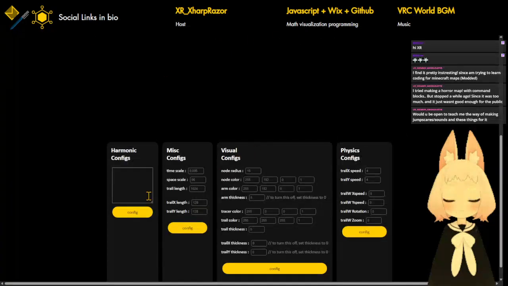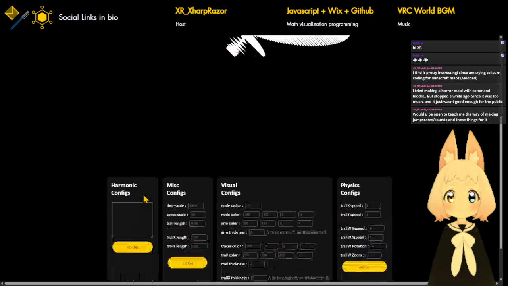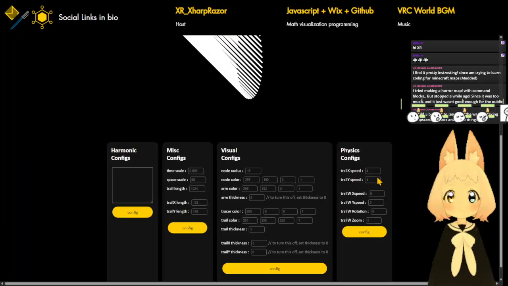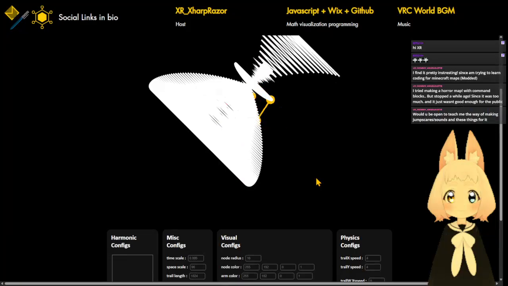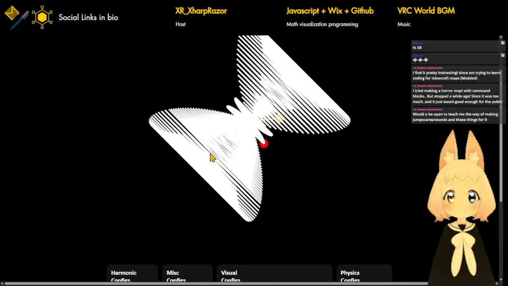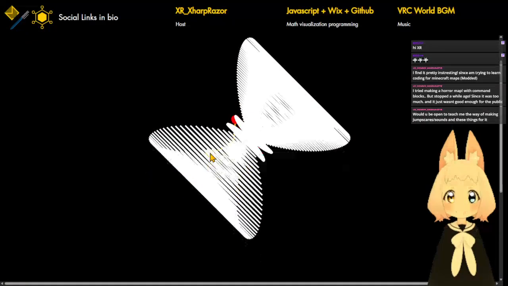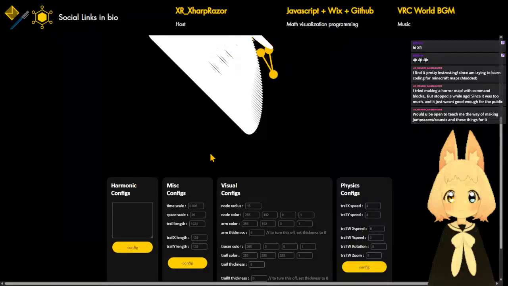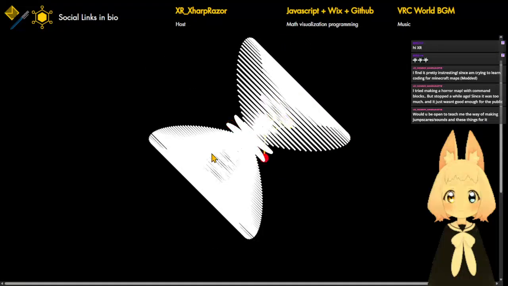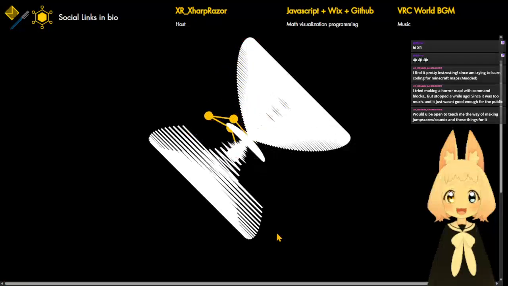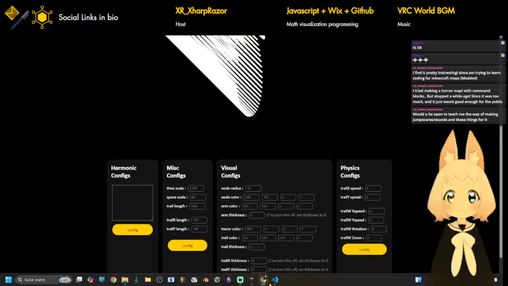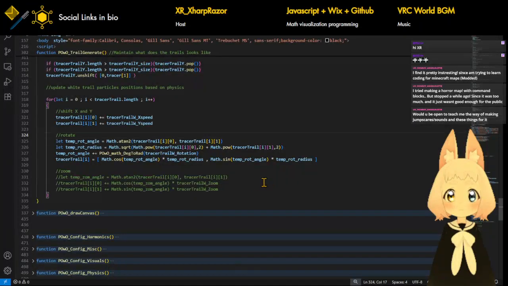Alright, let's see. So right now, okay, this is what we have. But why is it? Okay, rotation has a problem. This should not happen though, although it looks pretty cool, but it should not look like that. For every tracer trail, do that. Move things, and then